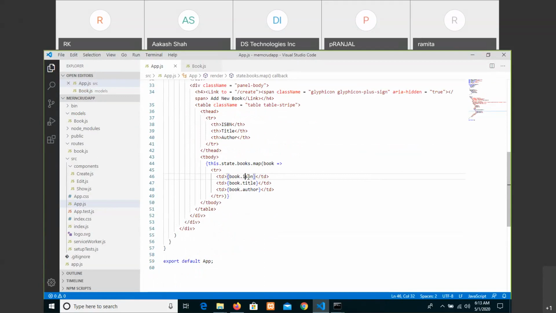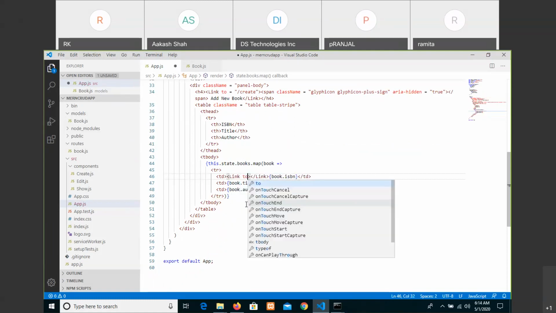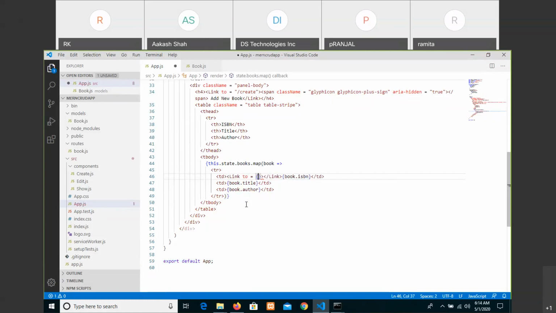When the user clicks on that particular link of an ID or ISBN ID, it will connect to that particular book and show the rest of the details, like we did in the session the day before yesterday with the customers and customer list extracting. So to create a link here, Link to, you have to give